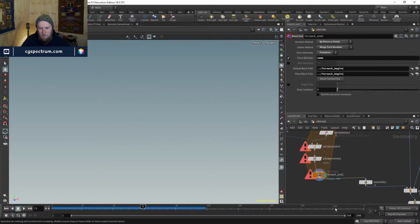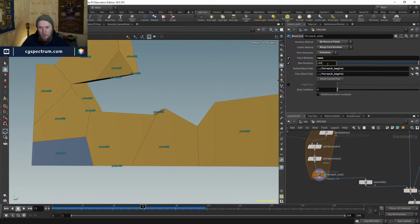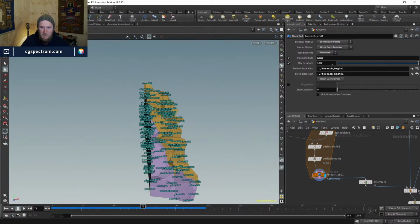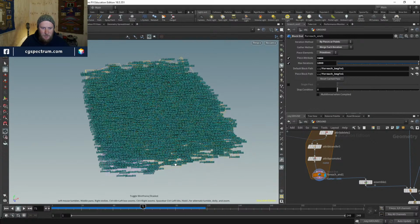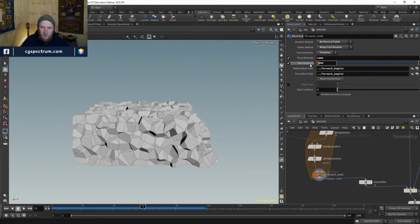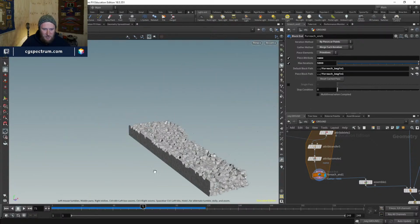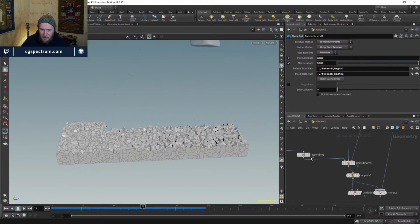What am I going to do? When you have a giant loop like that, I'm just going to set max iterations to be like 100. And that will give me 100 pieces. Even 1,000. It's looping over 1,000 pretty quickly. So you can see when I do that, I get 1,000 pieces run through my loop. Even 5,000 seem to loop pretty quickly. Even 10,000 is probably fine, but it's just a way to look at a slice of a large looping operation and still see a significant number of loops, but without having to see the whole thing. Unfortunately, it looks like they're all happening to the bottom pieces,